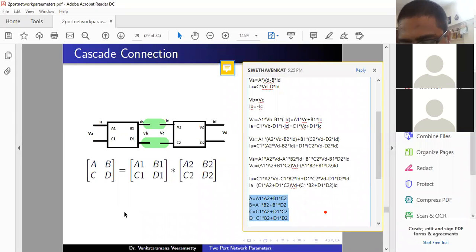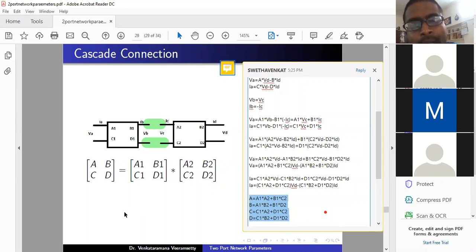Once again, I will repeat. I have three two-port networks, and I know the Z parameters of each two-port network, and all three are cascadely connected. Now I want to calculate the Z parameters of the final two-port network after cascade connection. So that is the problem. Try to think how you are going to solve it. Just provide your comment. Anyone can. VA equals H11 into VD. No. We have